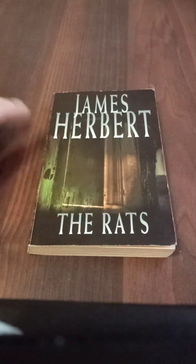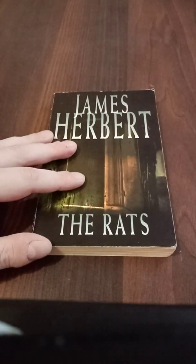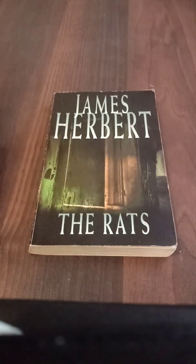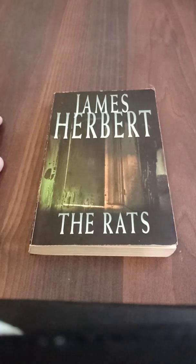And I've read 2 books over the last few days. And the next review, which will be coming almost immediately after this, is actually of one of the books I just mentioned from America, by way of comparison. So for now, I'll conclude this by saying James Herbert's The Rats is...